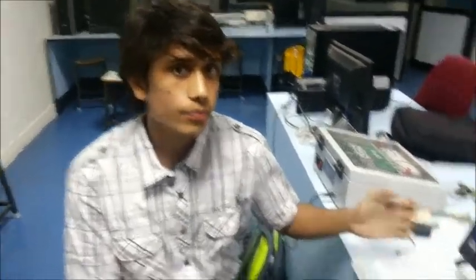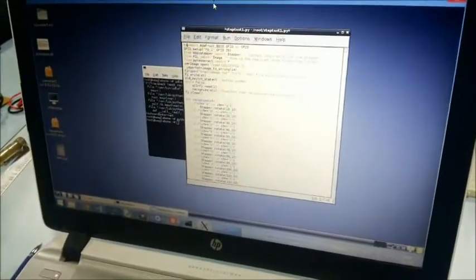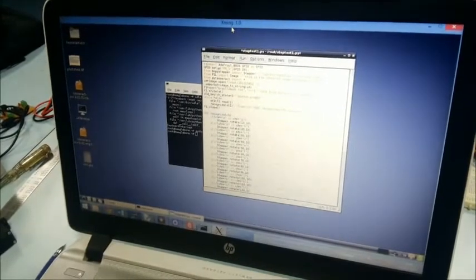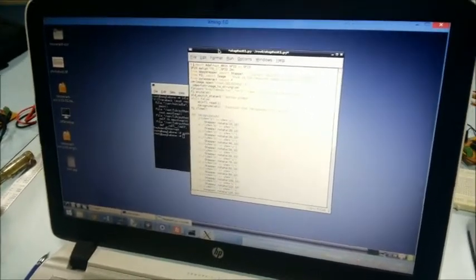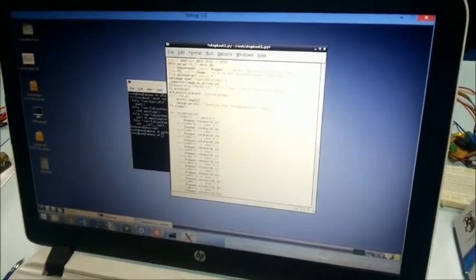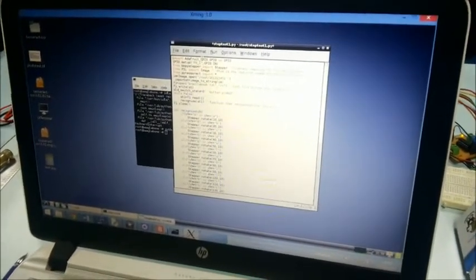Now let's have a look at the software. To interface the webcam with the BeagleBoard, we have used the grabber.c file, which is available on linuxtv.org. Now let's move on to the screen. As you can see here, we are using a remote login client called Xming, which gives us a GUI-like interface to access the board. We have decided to code in Python largely because of its low level of difficulty and the availability of a vast number of libraries in Python.